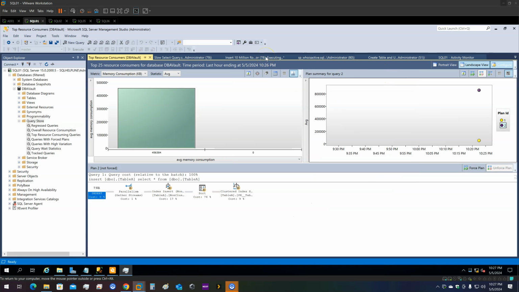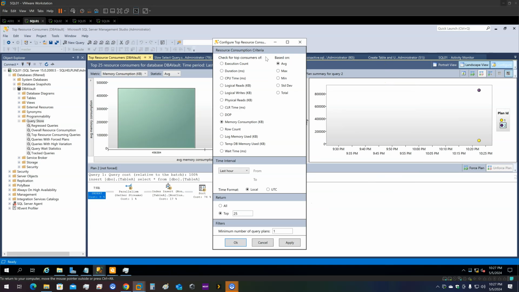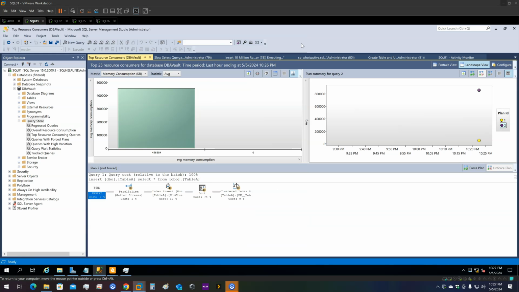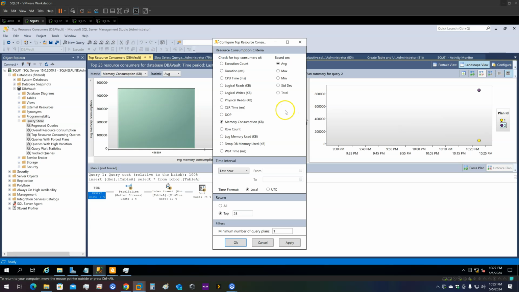Let me stop the execution of the queries. Yes, let's stop it first. Okay, so then you can click on configure, and based on your custom time, like for example last 12 hours,